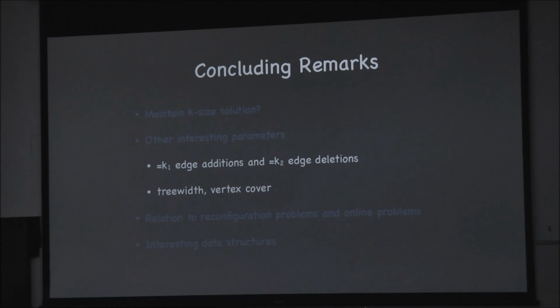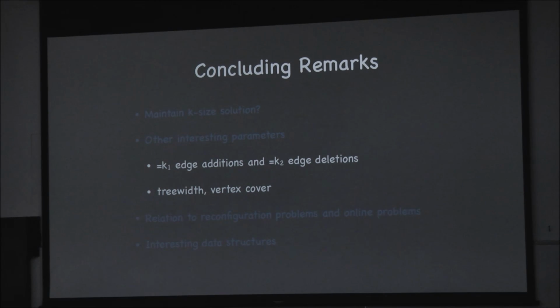So, concluding, we talked about, given a solution for the old graph, can we find a solution to the new graph that is as close as possible? We didn't worry about, as Neil pointed out, getting a better solution, better in terms of the size of the solution. We didn't worry about that. So suppose we have a k-size vertex cover for the graph. Can we maintain a k-size vertex cover for the new graph? In FPT time, it's trivial because vertex cover is FPT and we would be able to do it. Can you do it in better than the known bounds time?